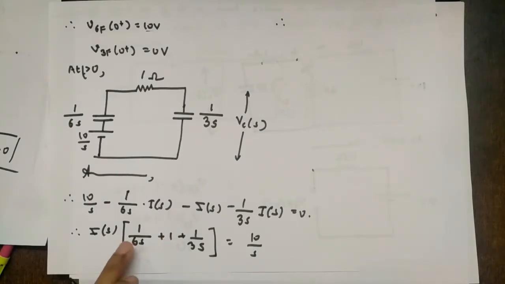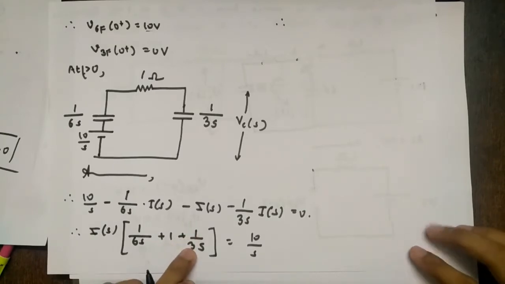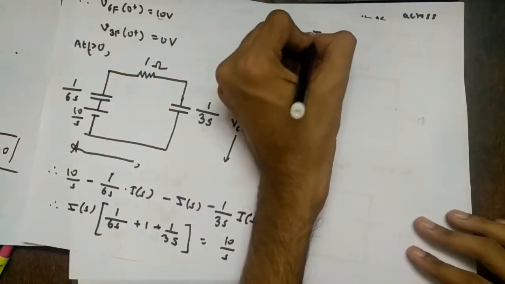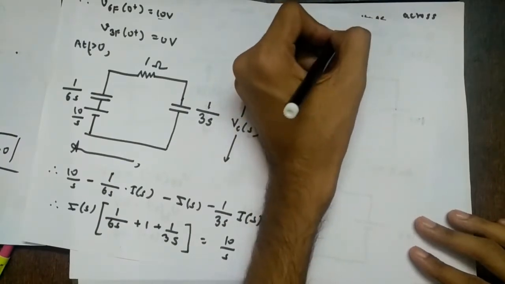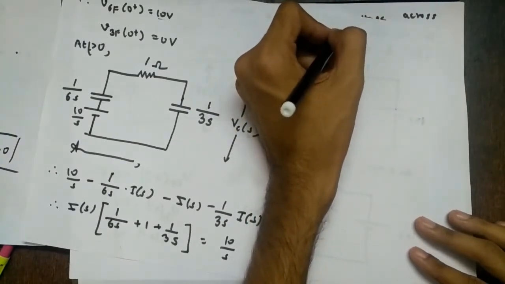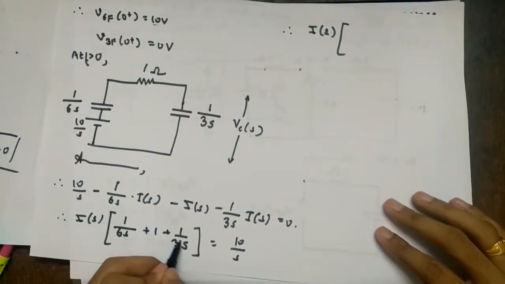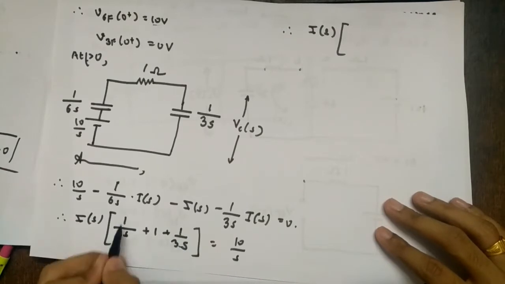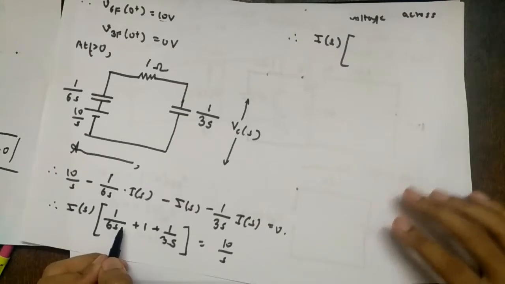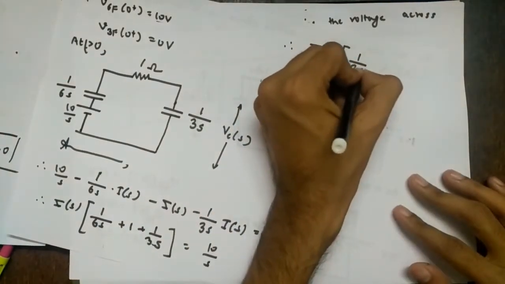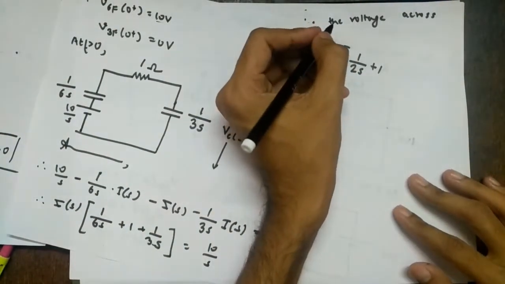So how can we solve this? So this will be 2 by 6s. So 3 by 6s. So I of s into, so this will be what? 1 by 6s. So I want 6s here. So multiply by 2. So here also multiply by 2. So 2 upon 6s. Right? So 3 upon 6s, which will be 1 by 2s. Right? So 1 by 2s plus 1